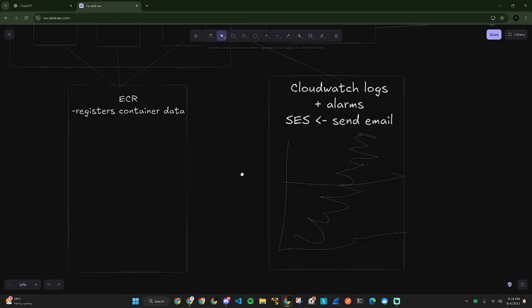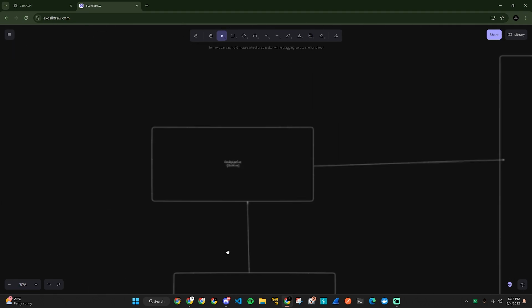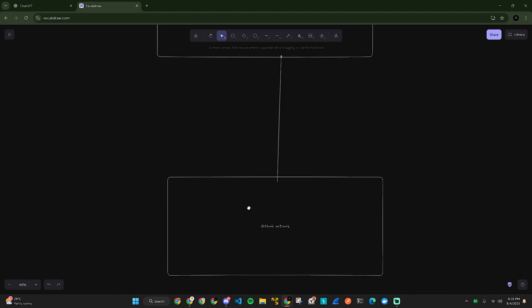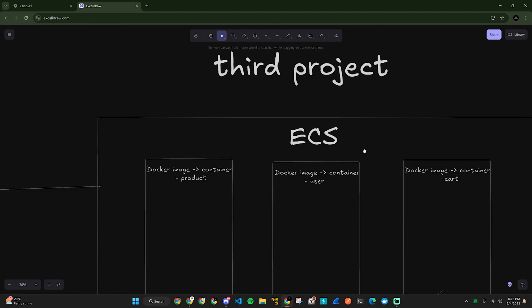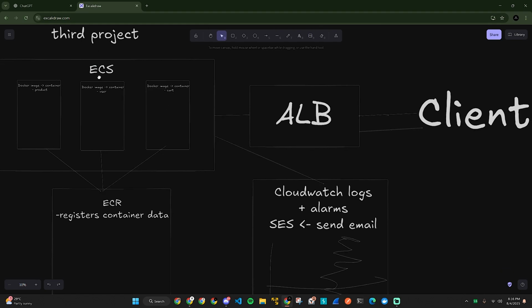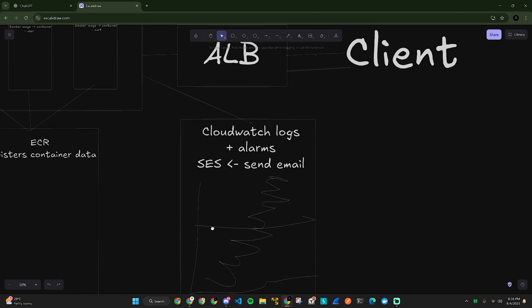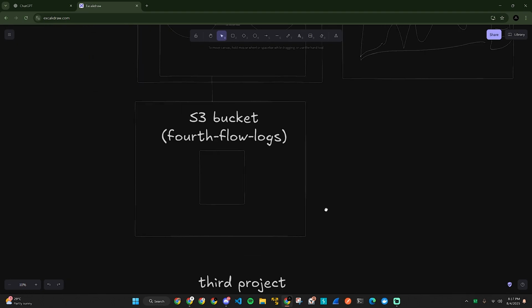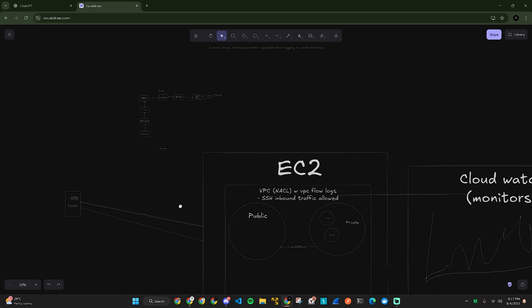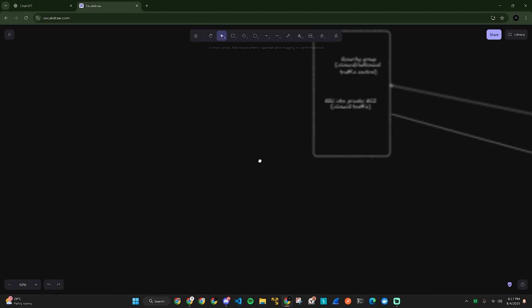This is the first, the second, the third project, as you can see, the recap. Third, containers, ECS, container service, in the registry, and then we have ALB, CloudWatch logs, client request and response cycles, as you can see. And finally, we have the fourth project, which is